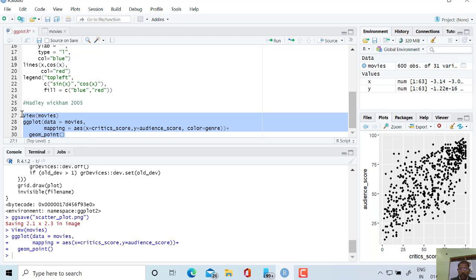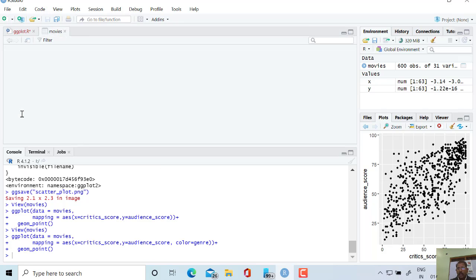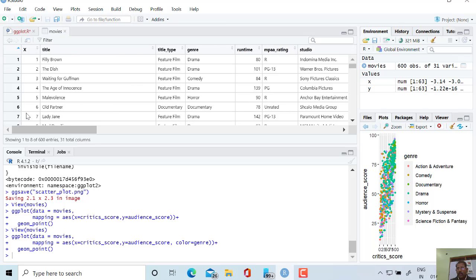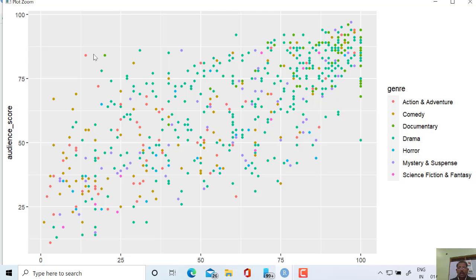So now I am going to execute the code once again, and here we can easily see that the colors are different. Action and adventure movies are represented by this orange color. Likewise, the comedy movie is represented by this.